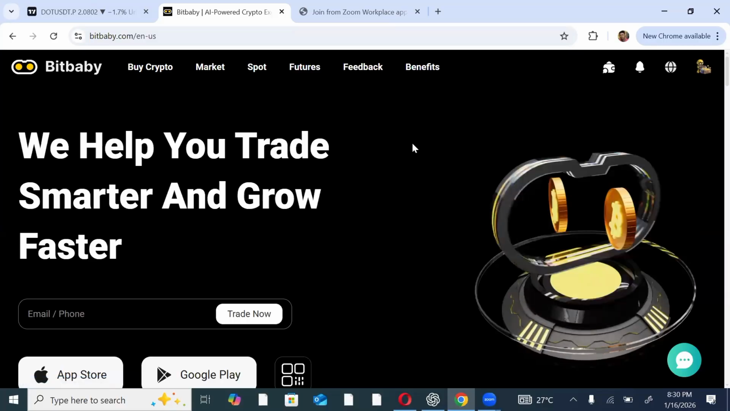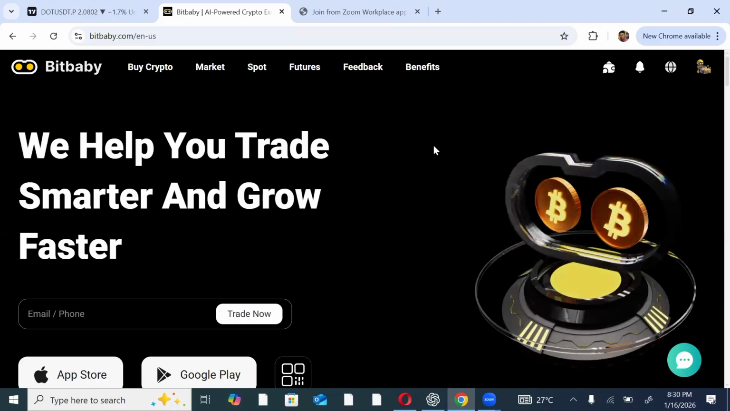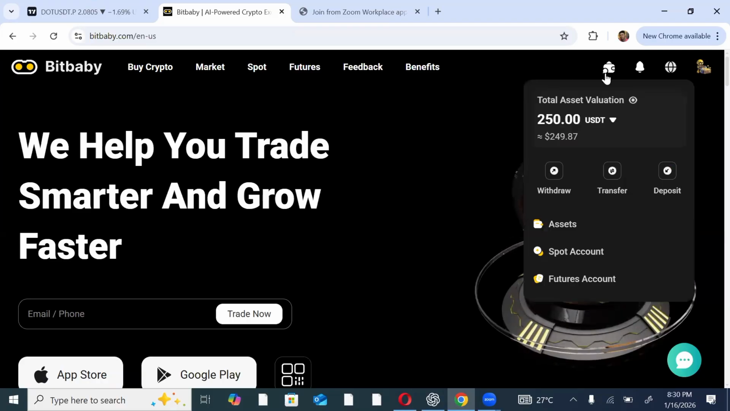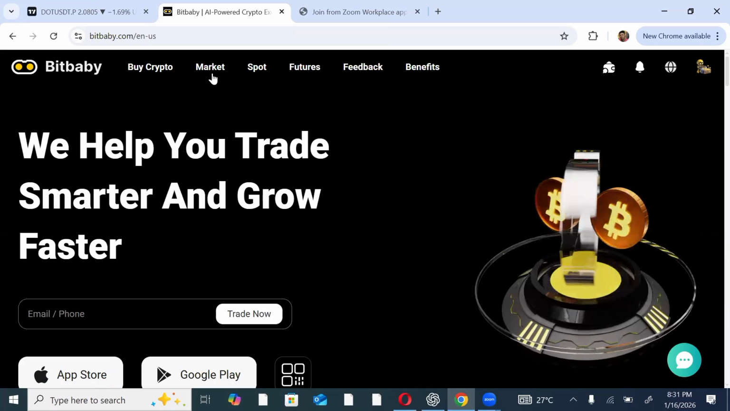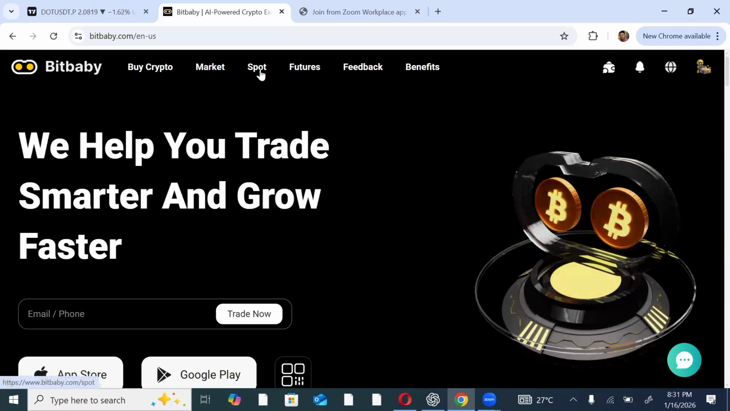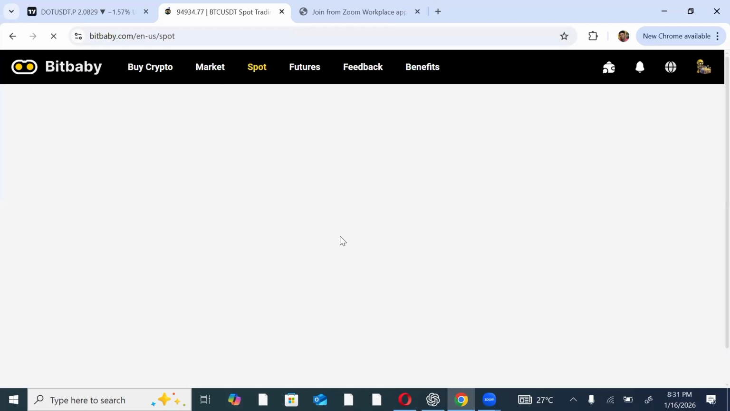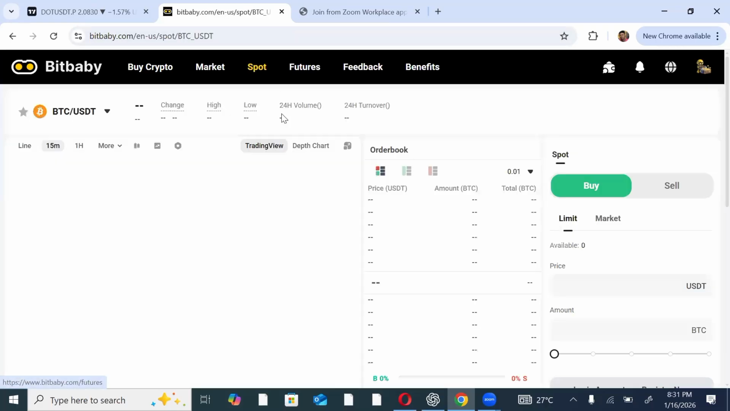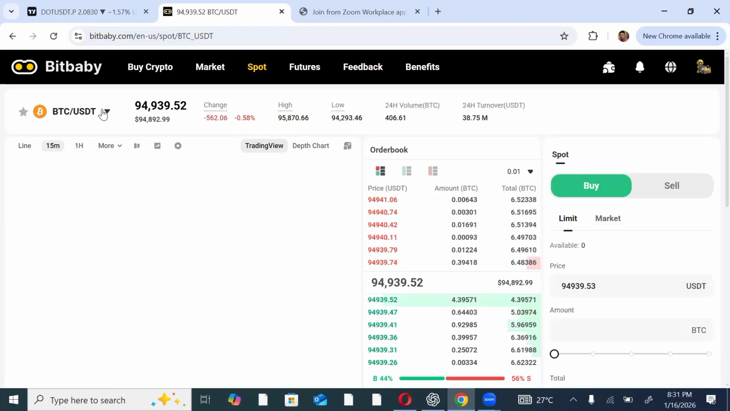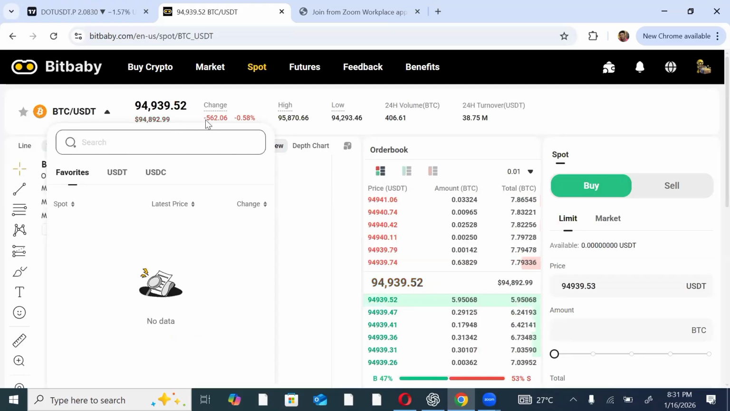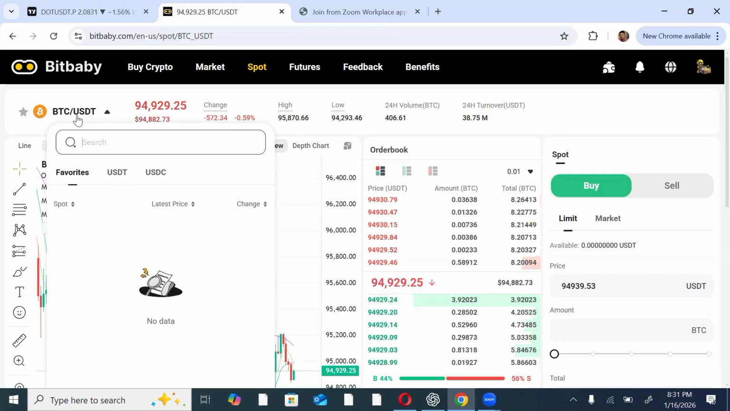Now, I'm going to fund my wallet with as low as $250. I funded it, so I will just be taking you through the entire platform step by step. Here on the spot section, you can see that we have different assets, different pairs, over 400 on spot. I think over 350 on futures, right? So just take the drop down menu,